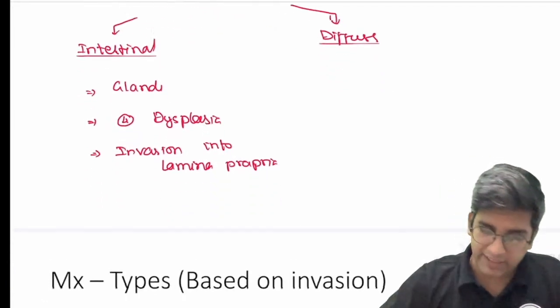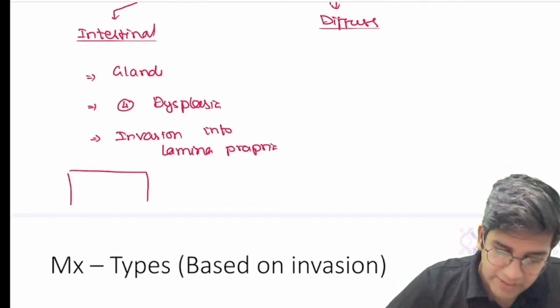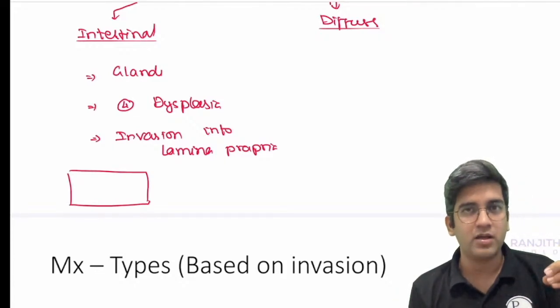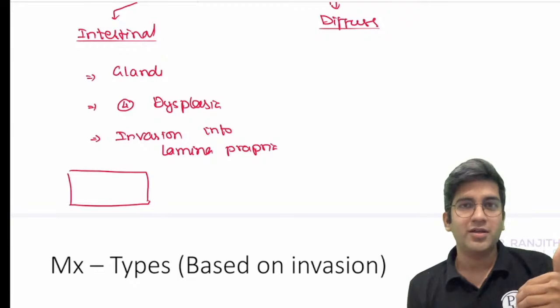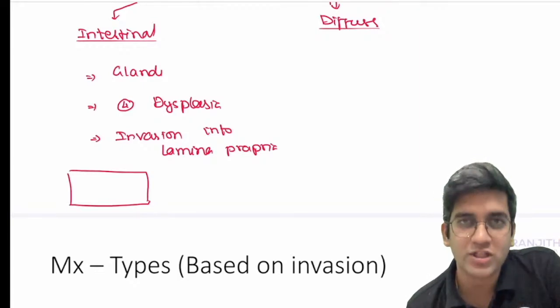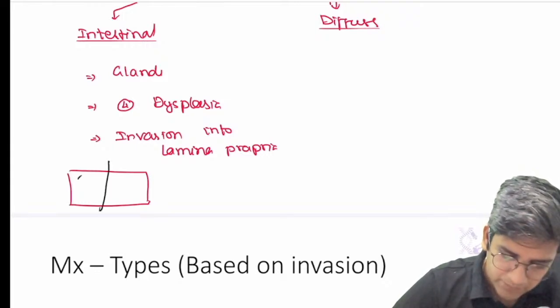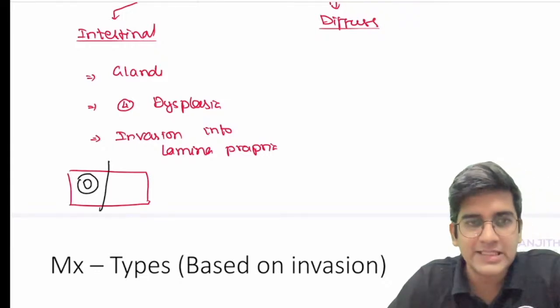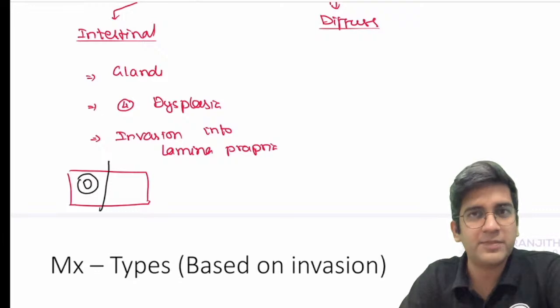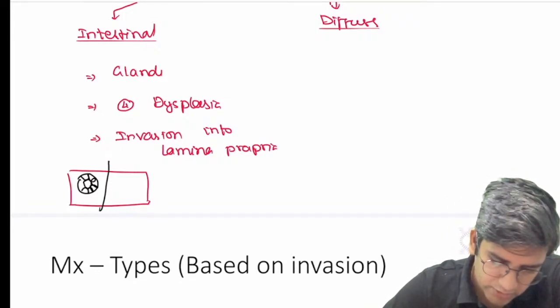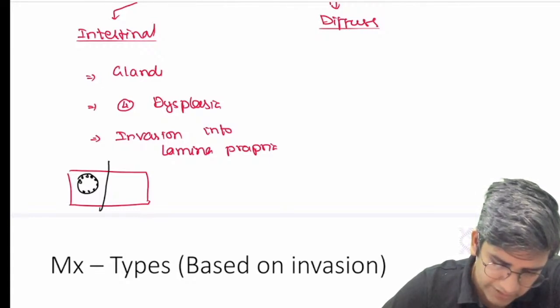Again, if you want to draw a diagram, it's very easy to draw a diagram. Whenever you're drawing any diagram, please try to incorporate normal appearance if possible, because you might think of an abnormal gland and draw something, it might not look abnormal for the examiner, right? So it's easy. Divide them here. Draw a normal gland. Can I say the glands here are made of columnar epithelium? Is that statement right? So if it's columnar epithelium, draw them like this. A normal gland with a basal nuclei. Every columnar epithelium is going to have a basal nuclei. So draw a basal nuclei like this.